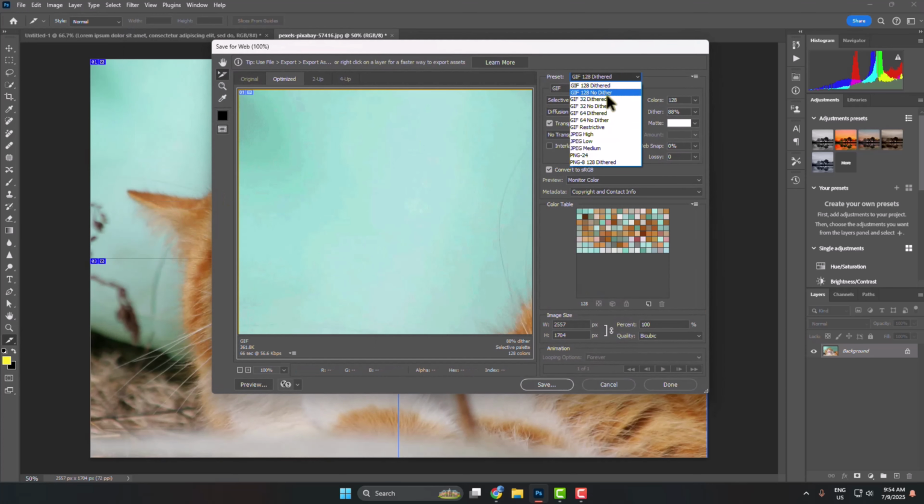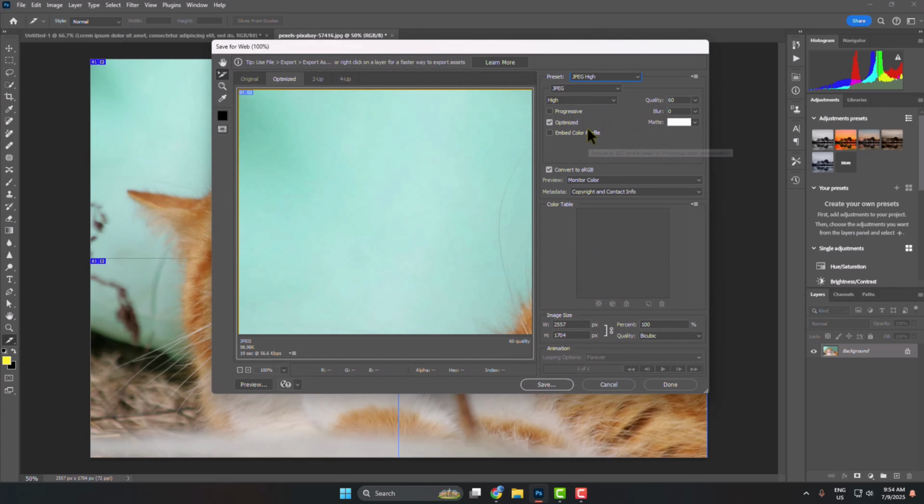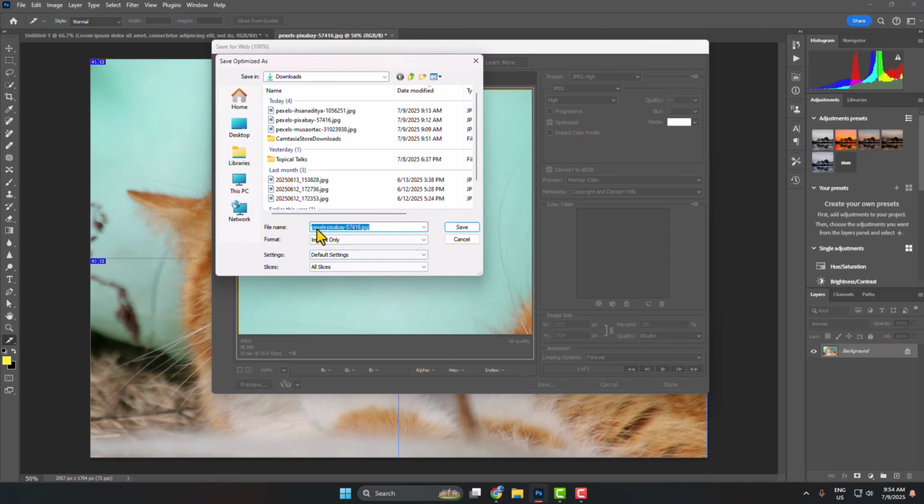Here for the preset, select JPEG High and just click on Save. And here, select a location to save, and you can rename the image. For settings, select your default settings, and for slices, make sure to select all slices and click on Save and